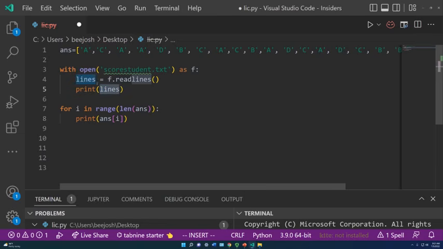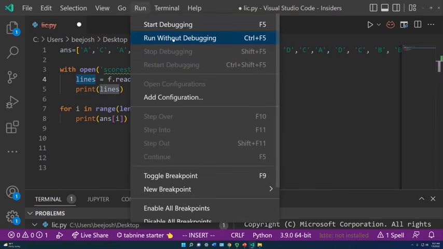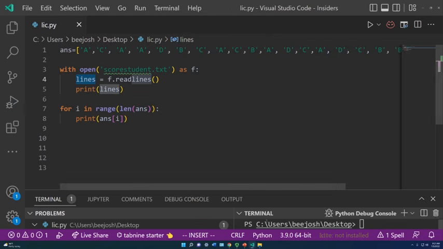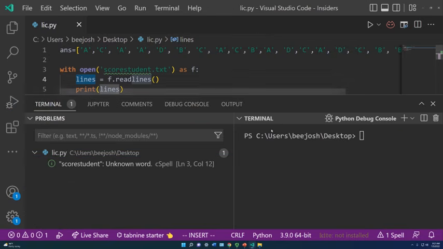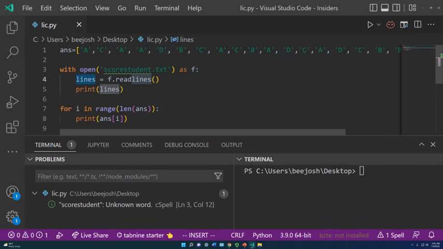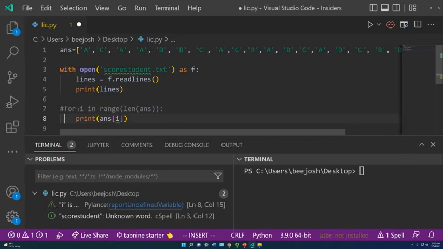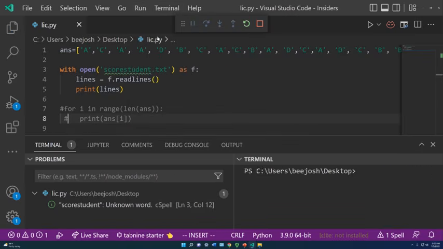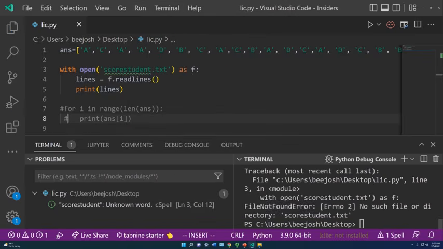because it's reading them in as a string. We've got to read them in as a string, but then convert it and add it to the list that we're going to hold so that we can compare them. So I just want to see, hey, am I able to open the file and print the lines from the file? What I'm going to do is comment these out, and we're going to run without debugging,